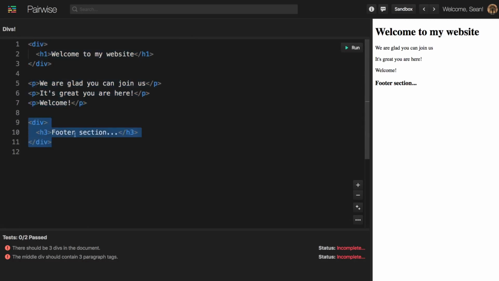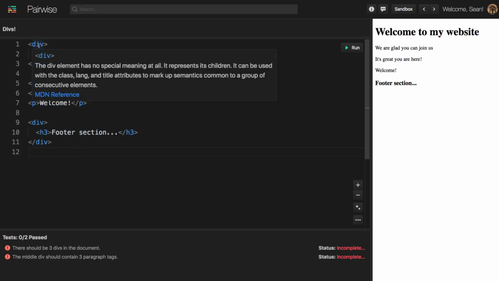And the first and the last block of content are grouped inside of this div element. And you can see we can highlight this div and we can see that a div element has no special meaning at all. Okay, that's interesting, but it represents its children. So this is very similar to the span tag that we saw in the last challenge. And the div can be used with the class, lang, or title attributes to mark up semantics common to a group of consecutive elements. So this may not make a lot of sense, but basically what this is saying is